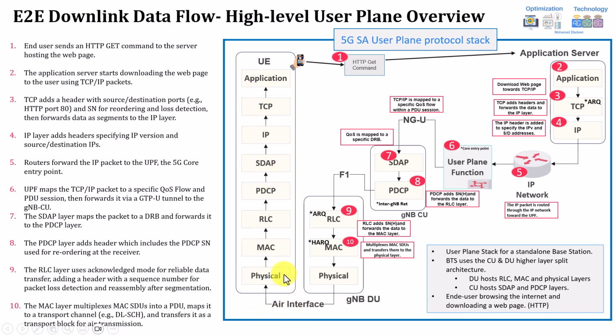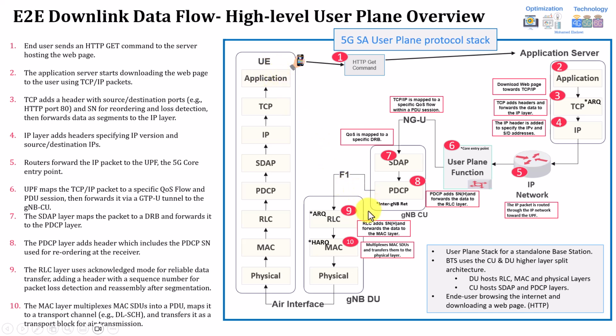And here you will have the reverse. For example, once we go to the MAC layer, you will have demultiplexing of the data. Here, if the data was segmented, the RLC will do reassembly. This will all be explained in detail. And in the PDCP, as we highlighted, it was adding a sequence number. Here it will just do the reordering if needed, if the data is coming out of order, and also other jobs. I will be explaining all of them in the PDCP part. Then it will go back from SDAP until it reaches the application layer.